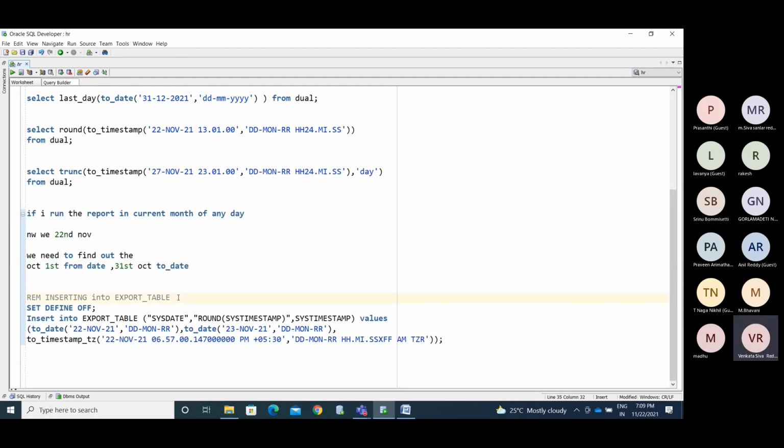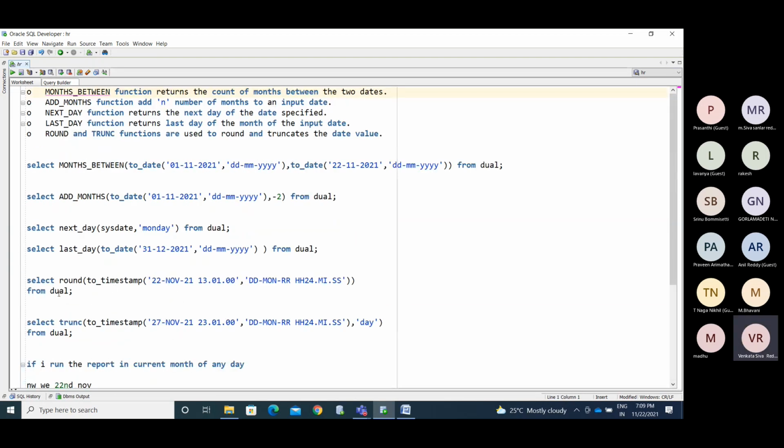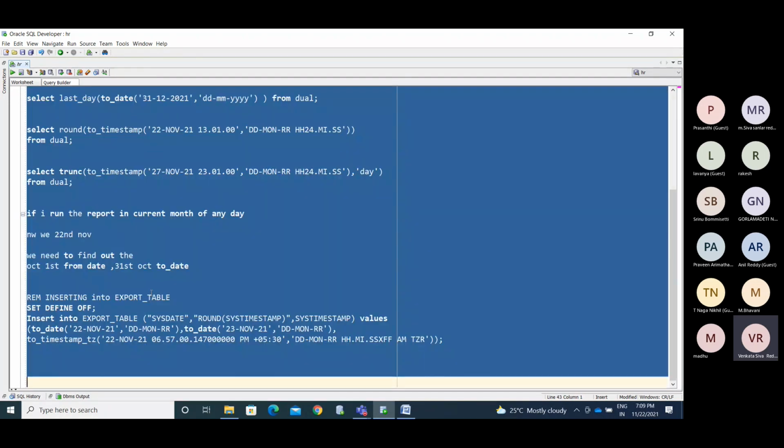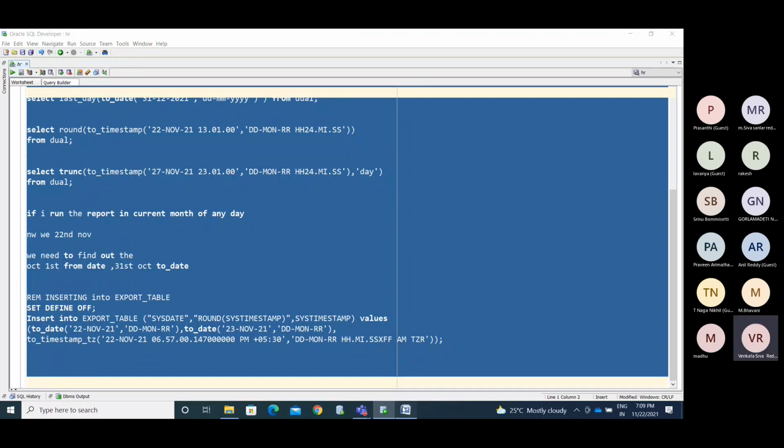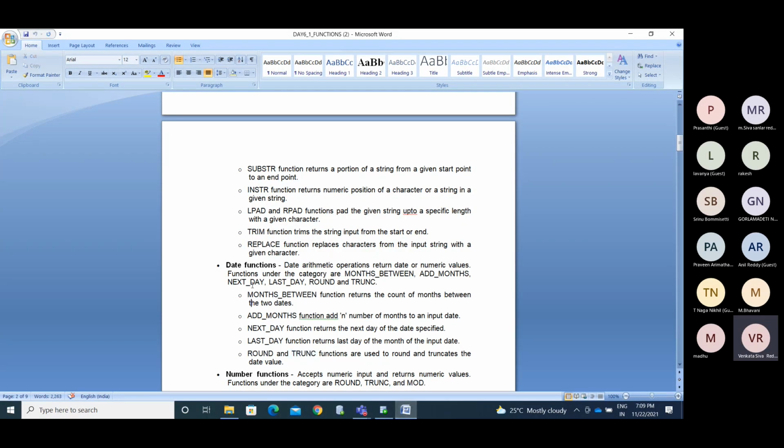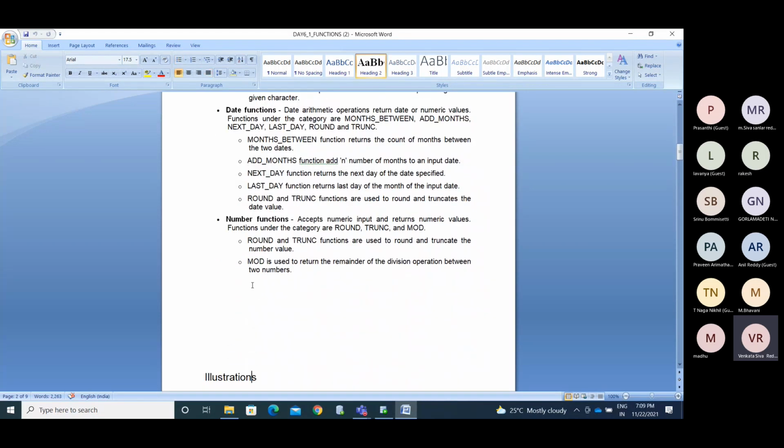This is about the date functions. You are able to add and subtract however many days you require. So the date plus 10 will give the date 10 days ahead. If you want to know the date 30 days back, subtract it: date minus 30. So these are all the date functions we have. Okay, I'm removing this. What other things do we have? We are left with the number functions and the multi-row functions.